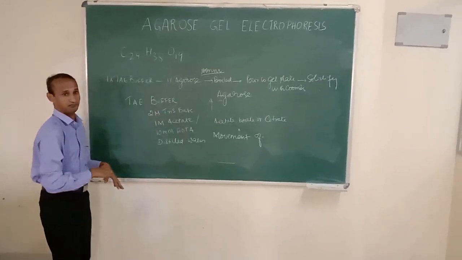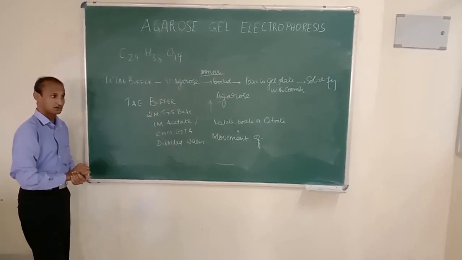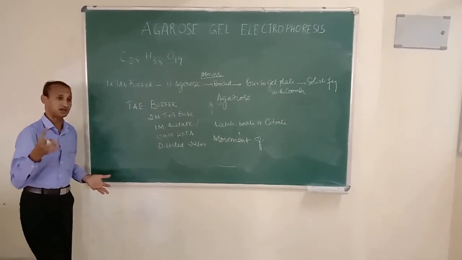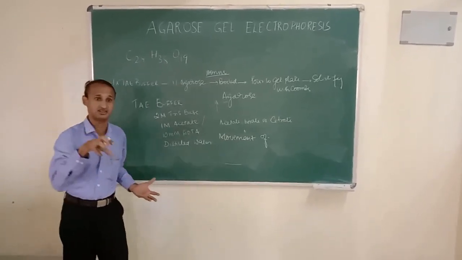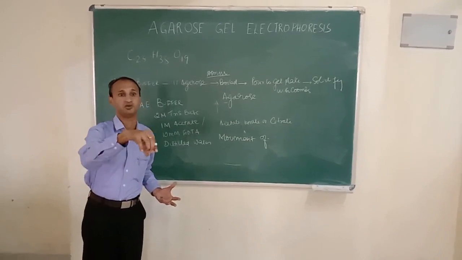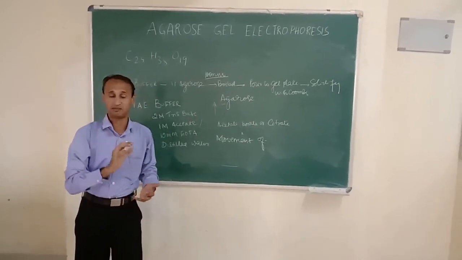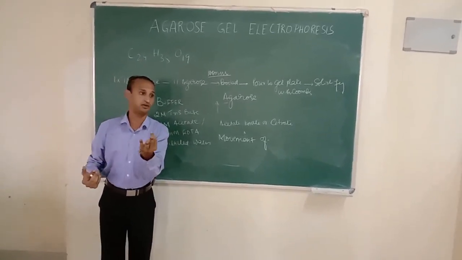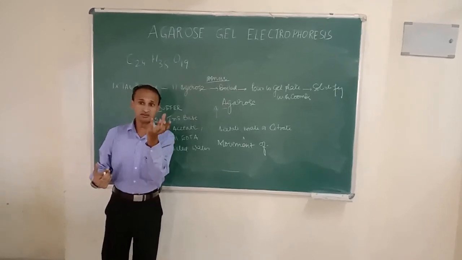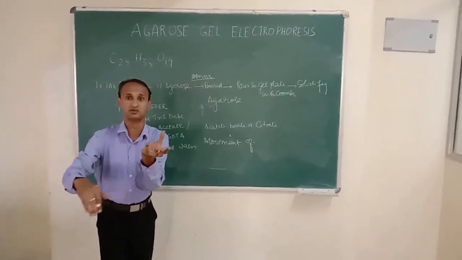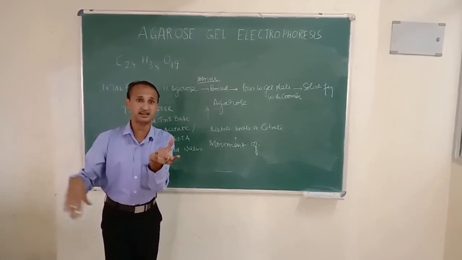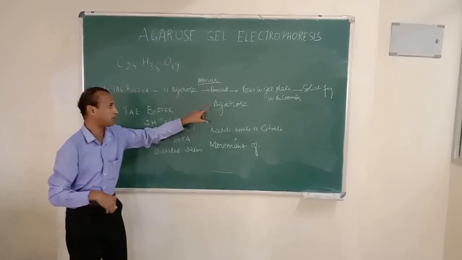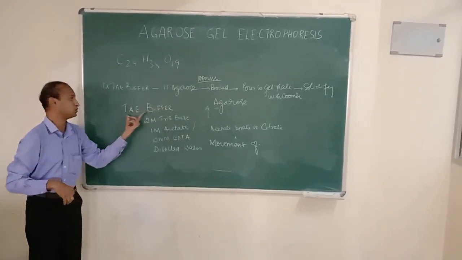It will get solidified. When you want to prepare this agarose gel, you cannot use normal distilled water. There are many compounds, ions and other minerals present in the distilled water that will interfere with the movement or the stability of the nucleic acid. When I talk about nucleic acid, keep in mind that it can be plasmid, DNA or RNA. When you use such a purified biomolecule in an electrophoretic unit, any unstable components present may interfere with the stability of the nucleic acid. Therefore, whenever you prepare the agarose gel, you have to use a suitable buffer.